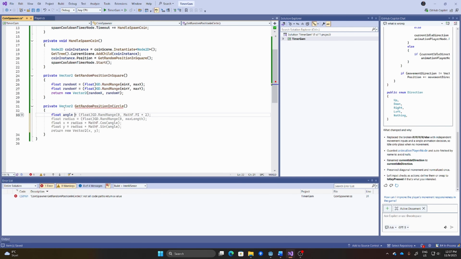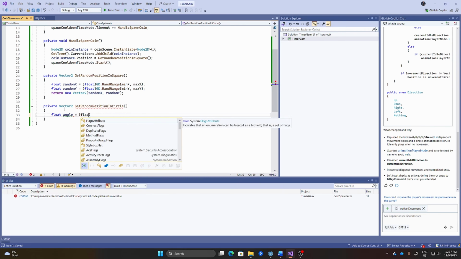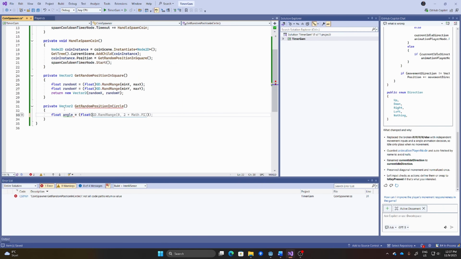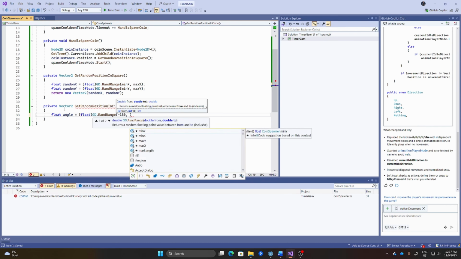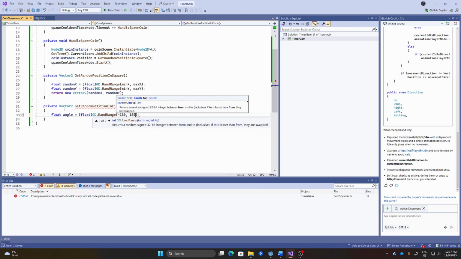Float angle is equal to float dd dot range minus 180 to 180.